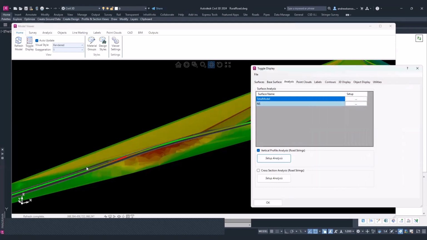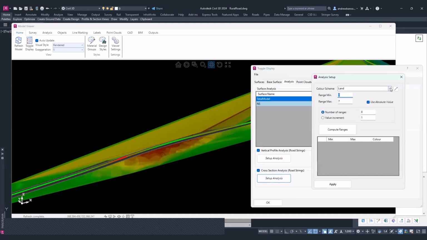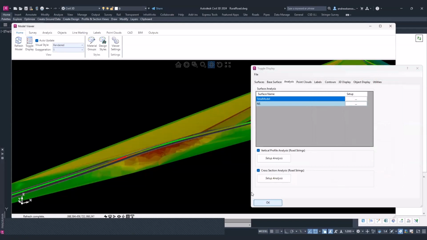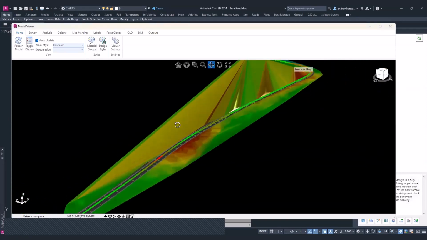You just tick it on, and then it'll show you, as you're playing around with the vertical design, this analysis will just update in Model Viewer. And another analysis which I find handy is the cross-section analysis. Works very similar. Pick the color scheme, create the ranges, which you can edit in here. Click on Apply, click OK, and then it'll show